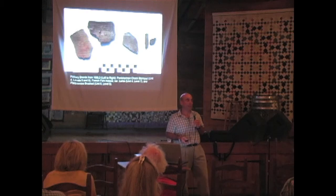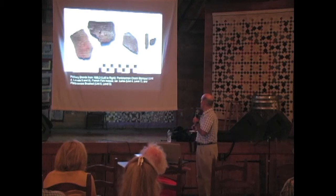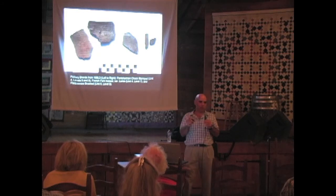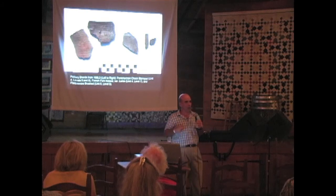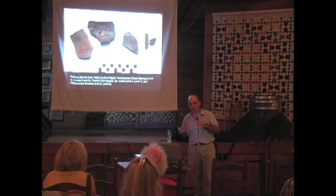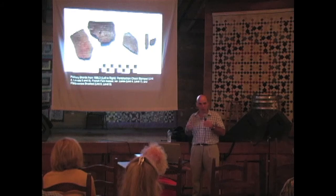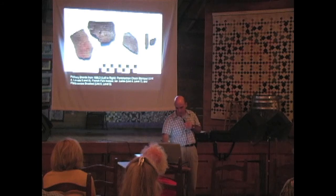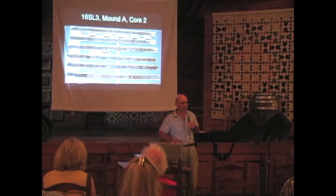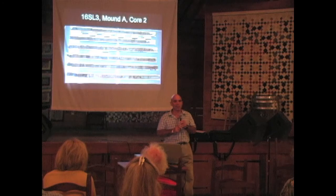However, we're also finding some later ceramics, such as the Plaquemine brushed. And these are only small pottery sherds, parts of whole vessels that have been broken up and discarded. Well, the Plaquemine brushed is, as you might imagine, associated with the name of the culture, Plaquemine culture. So some of these Plaquemine brushed sherds that we recovered from the site. We also did some coring. That is to say, we placed a